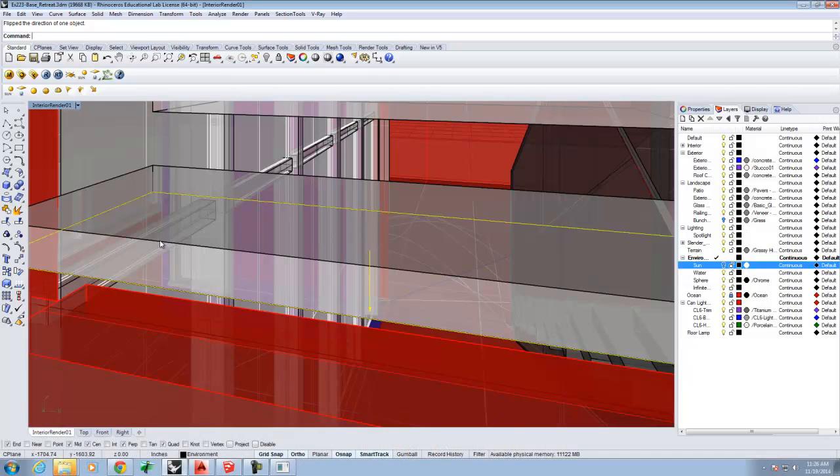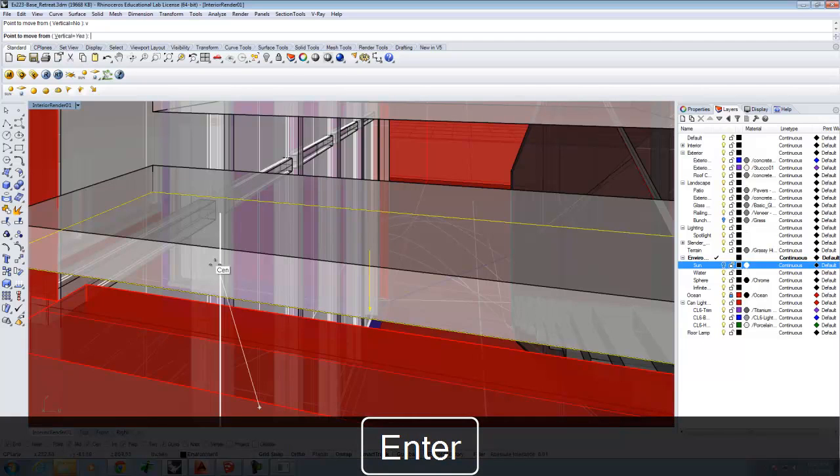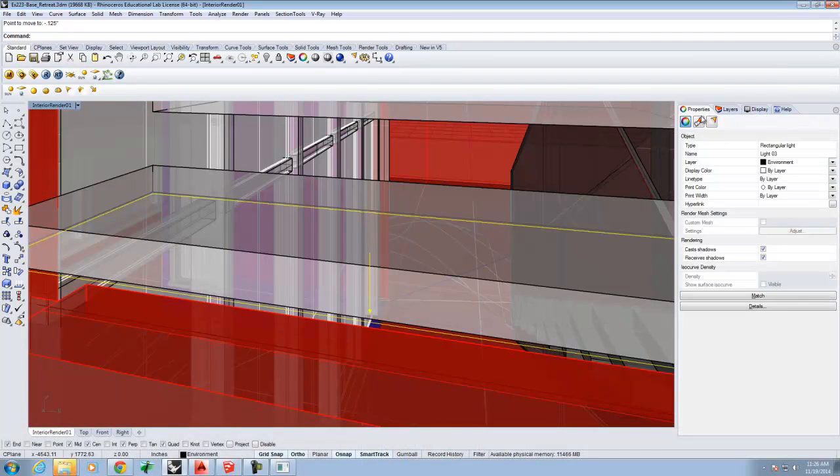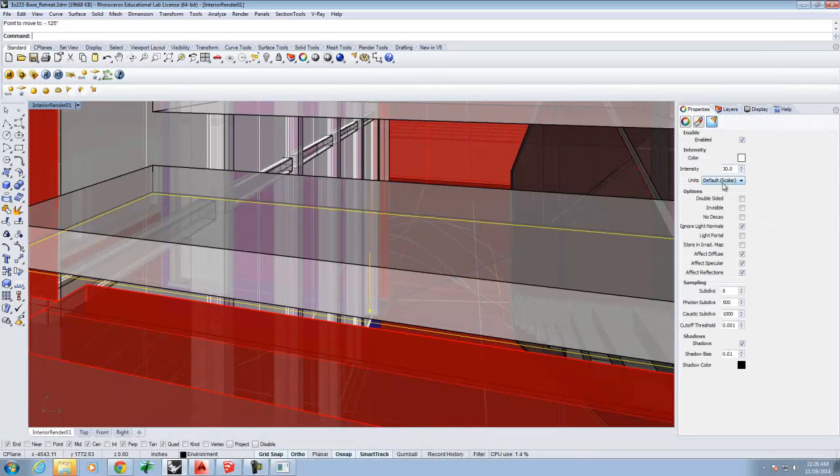And right now it's coplanar with the bottom surface of the light. I want it to be slightly below. So I'm going to move vertically, and we'll go like 1/8 of an inch. So negative 0.125 inches, just slightly below. Okay. Then I'll come over to my properties, go to my light, and now I have to make the same